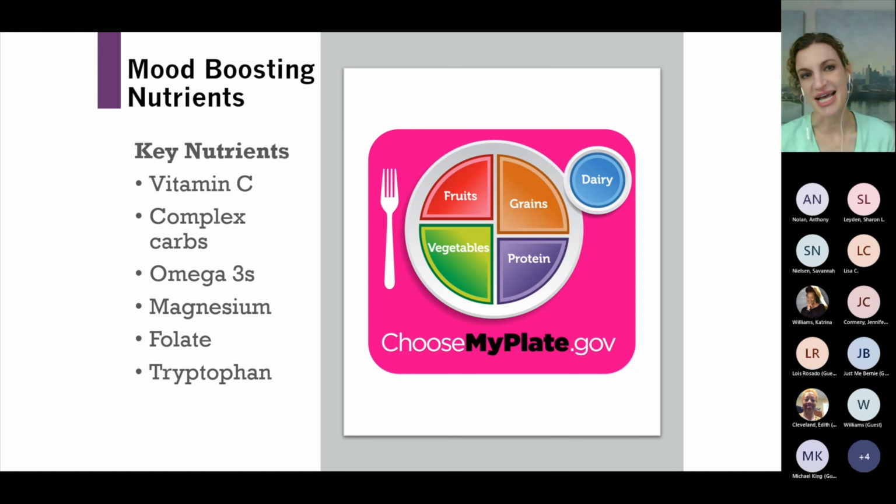Now, I just want to take a second. We see this figure here. We have half plate fruits and vegetables, a quarter grain, and a quarter lean protein. And that also might include some dairy. Now, how would everyone rate themselves? And feel free to share in the chat for your average, say, lunch or dinner meal. How closely do those meals resemble My Plate? Let me know. And of course, there's no judgment. Just how would you rate your meals at home? Are you getting all of these different food groups at your meals or throughout the day?